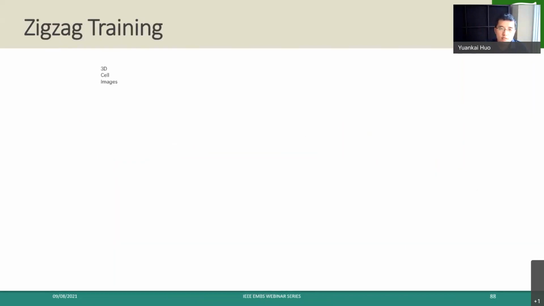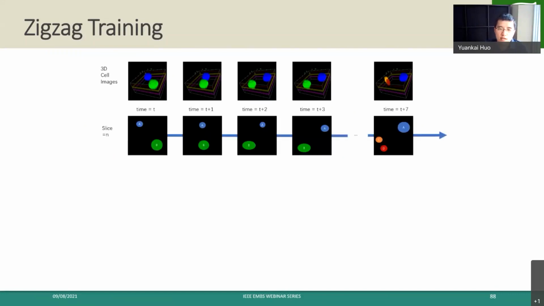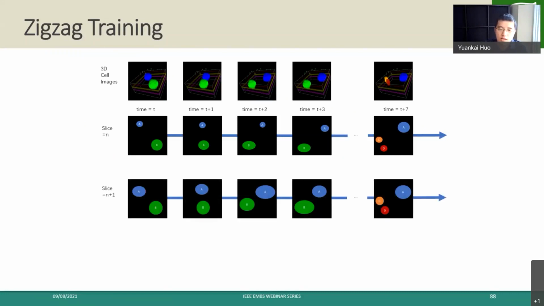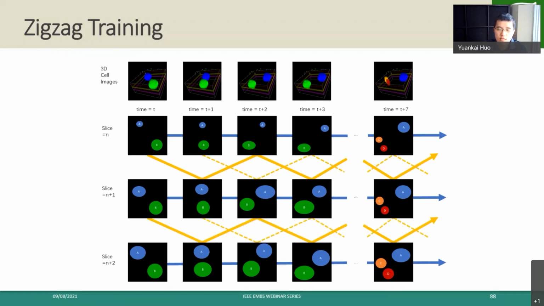And the idea we propose is called Zigzag Training. For example, if we have 3D cells, here are the 3D cells. This is a particular slice across the time point. And then we can have different slices in 3D. So one dimension is 3D, another dimension is time. Instead of only training the blue lines, we introduce these paths as well to cover all 2D slices in